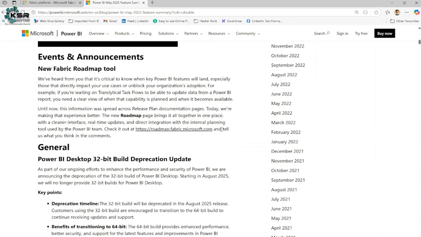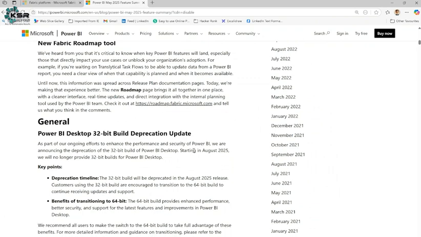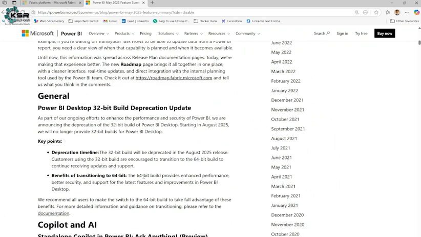The major update is the Power BI Desktop 32-bit build deprecation update. It means that starting in August 2025, the 32-bit Power BI Desktop will not work. So I request everyone to upgrade to the 64-bit Power BI Desktop version. If you opted for auto update in your Power BI Desktop, it will automatically update to 64-bit. No need to worry. Those who have not opted for automatic updates, please check that and upgrade